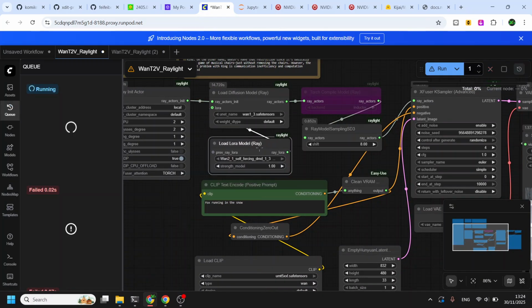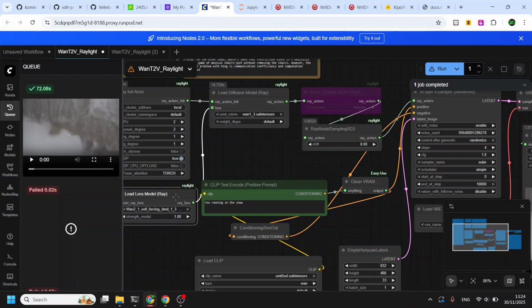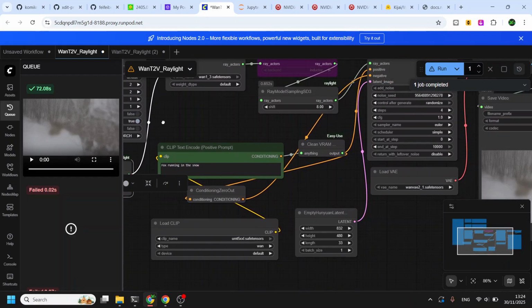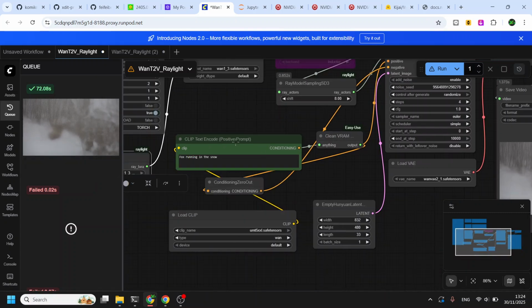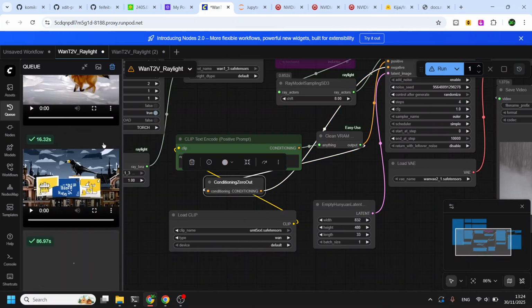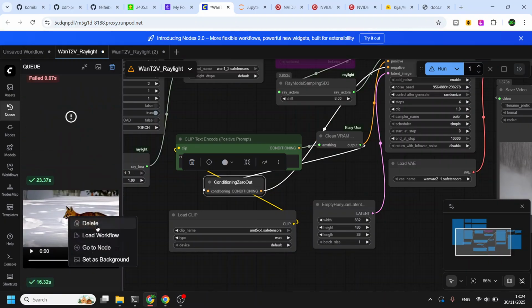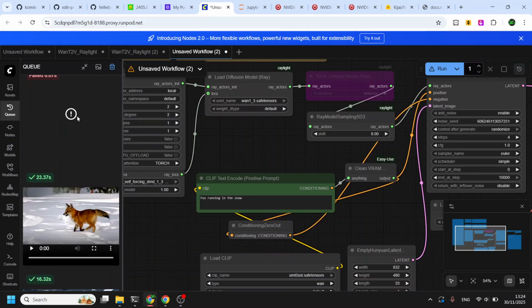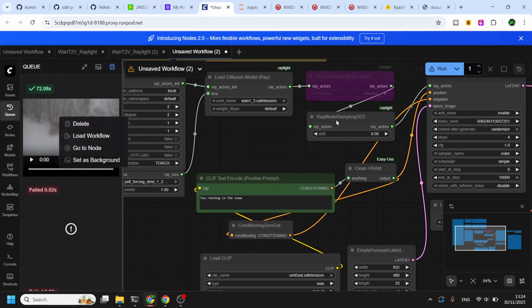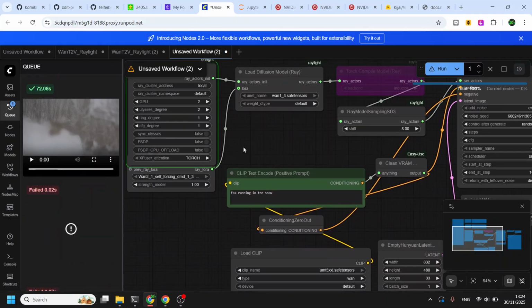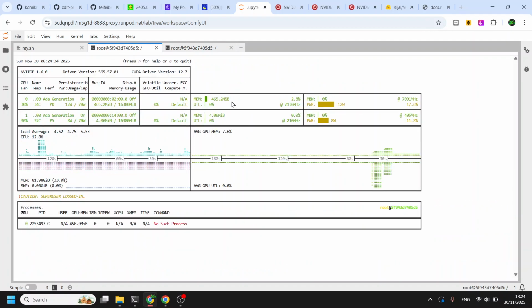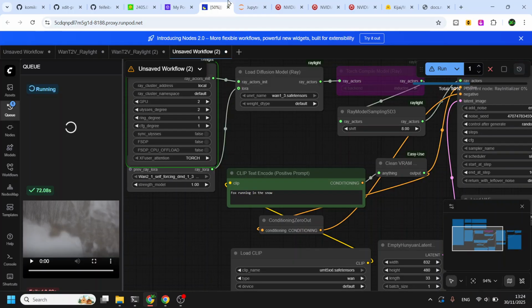You can load LoRA, any LoRA. Oh, I forgot why. Yeah, I disabled the VRAM. Let's rerun it again. And this is the actual GPU being used.